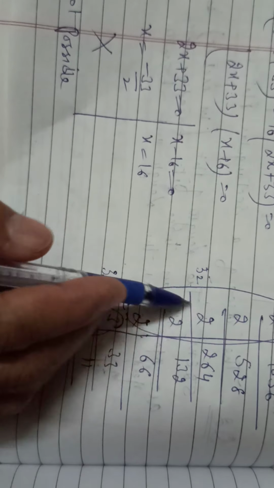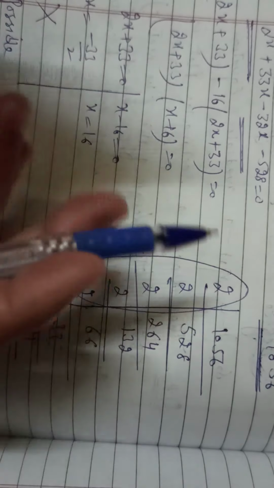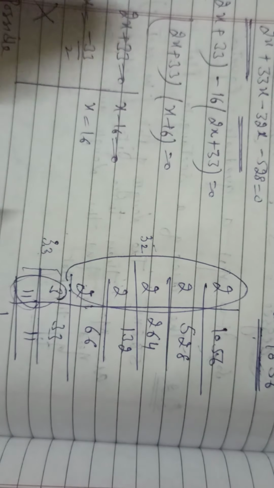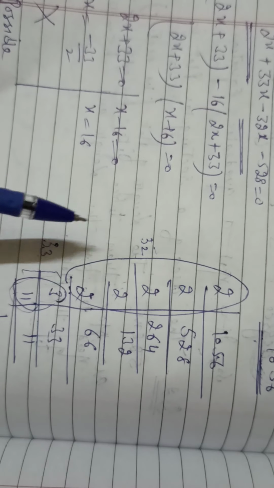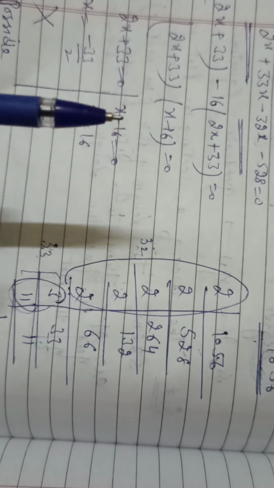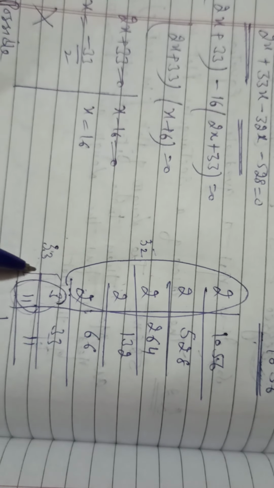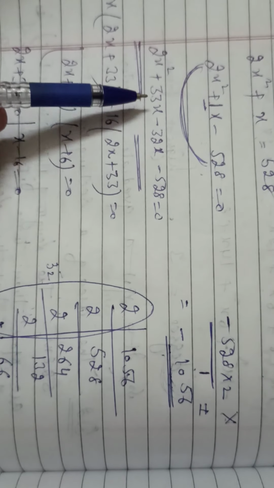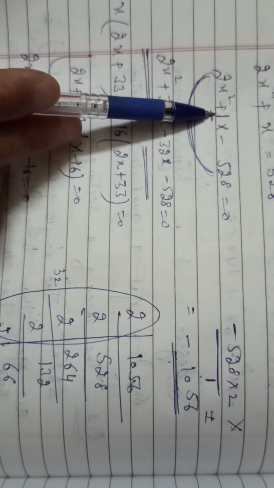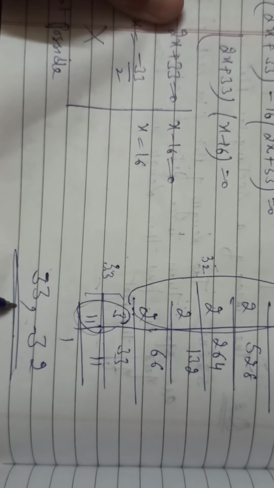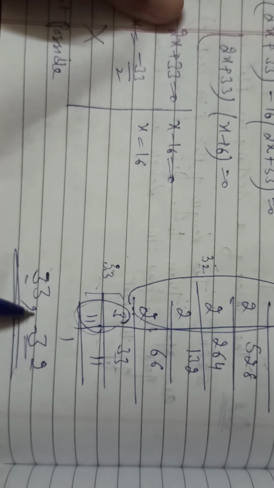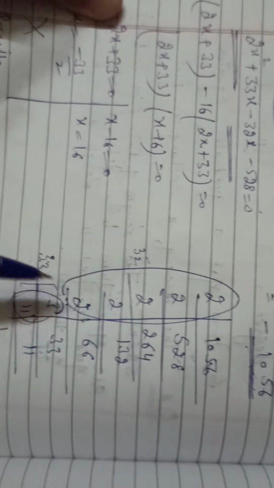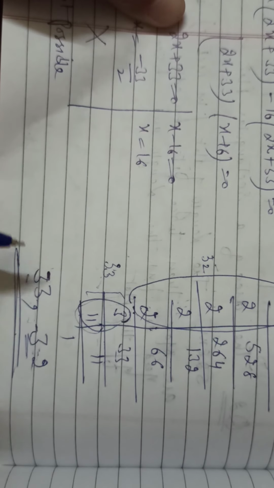Now naturally I told you earlier also that the product will definitely always come 1056, because this is a prime factorization of 1056 only, right? But look carefully, 32 and 33, when you subtract them you get 1. Clear? So we will break up into 33 and 32. But I want plus 1. So plus 33 minus 32. When we multiply, we will get minus 1056. When we add, we will get plus 1.